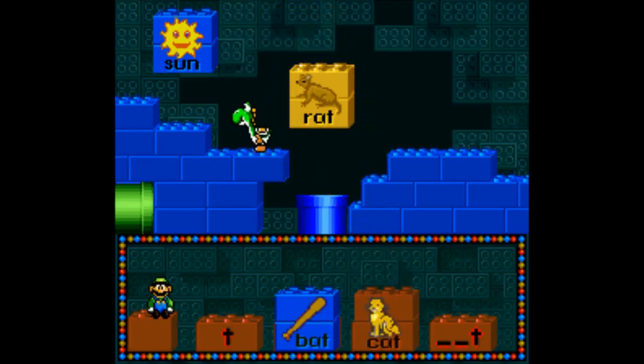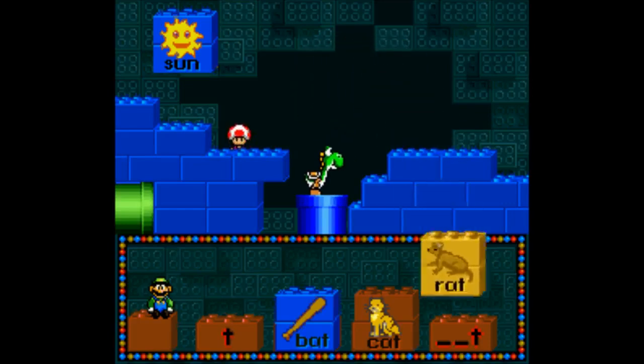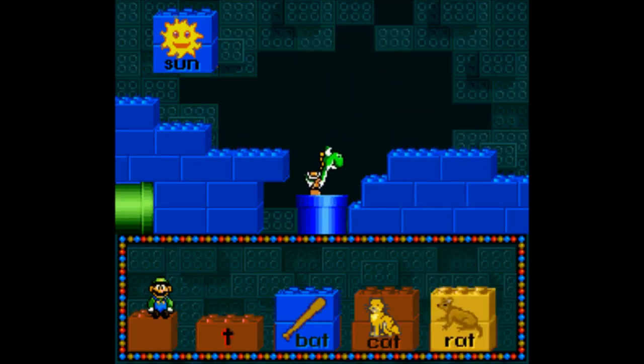You chose cat that ends with T. Cat. Show me the word that ends with the letter T. I like your choice. You chose rat that ends with T. Rat.